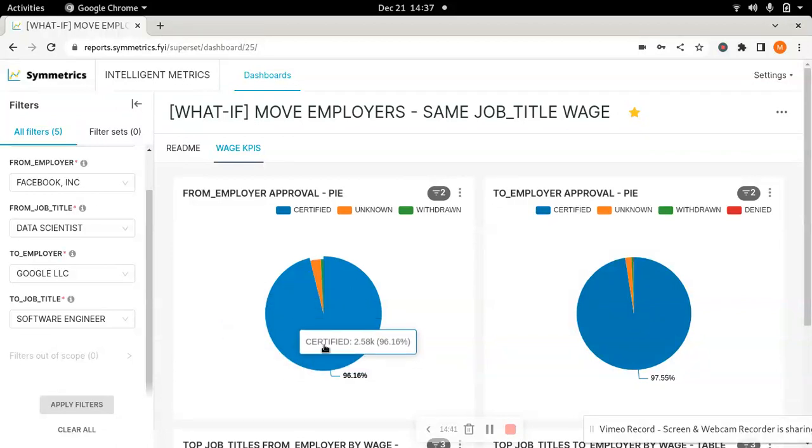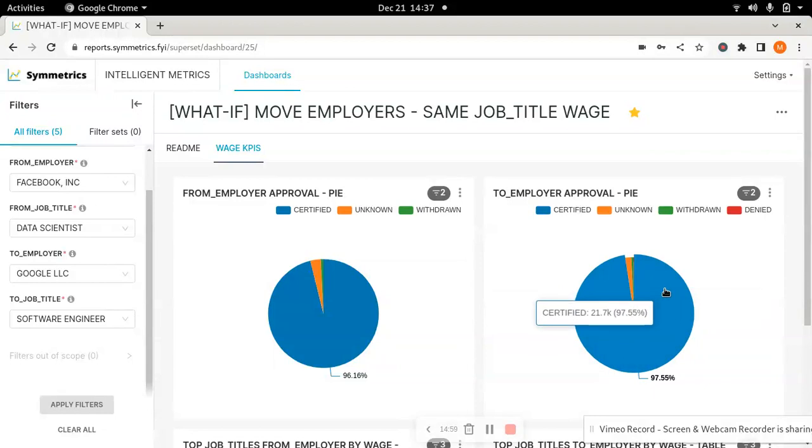How many jobs certified is the number of jobs that they have submitted to the government, out of which about 96.16% got approved by the government, and a few of them got withdrawn. Similarly, Google on the other side, you can see here about 97.55 got approved and so on.